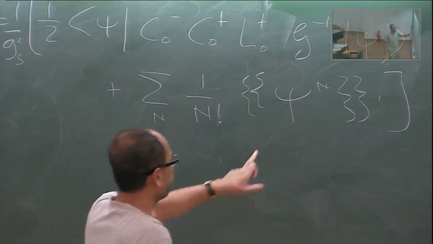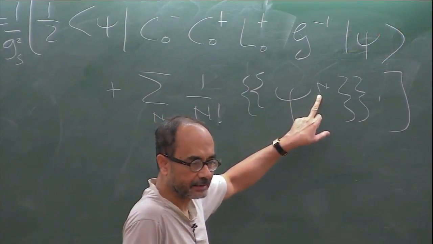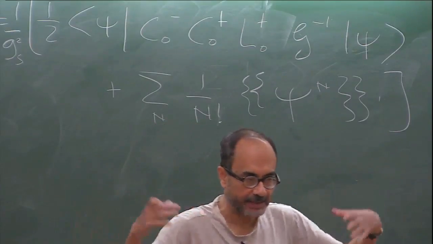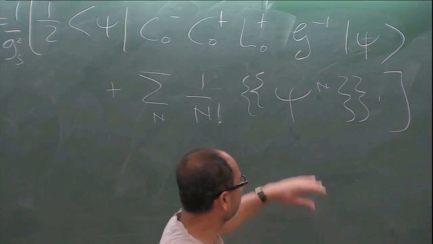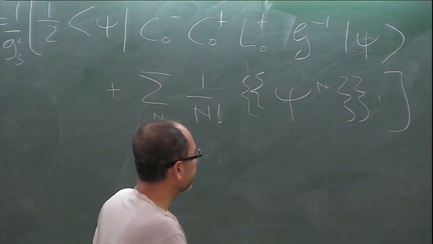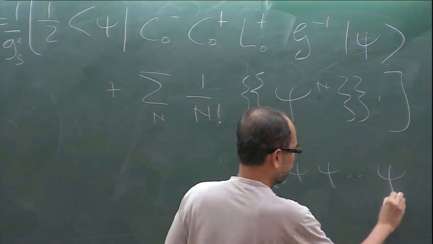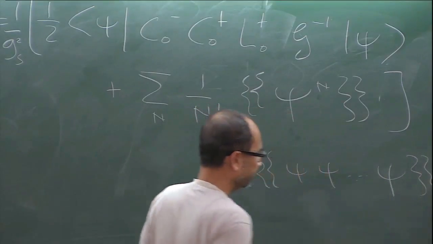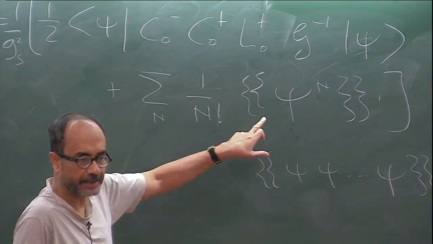So this one is the usual vertex, because our vertex with n external states was a1, a2 up to n with this curly bracket, right? So if you take psi to the n, what does it mean? This basically means that the curly bracket of n psi is inserted. Okay. And the 1 over n factorial is the usual 1 over n factorial that multiplies an n-point vertex, so